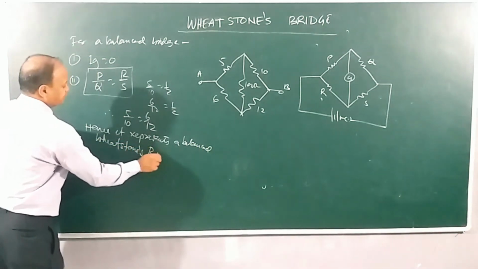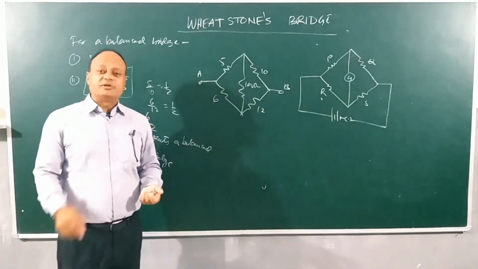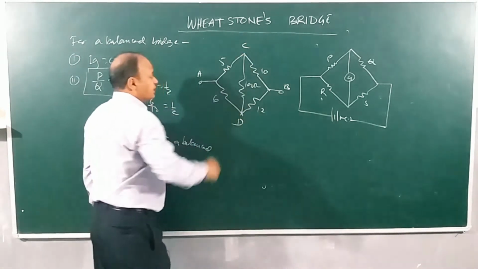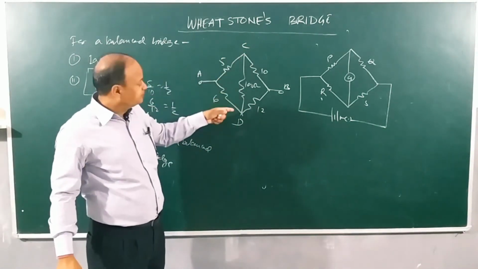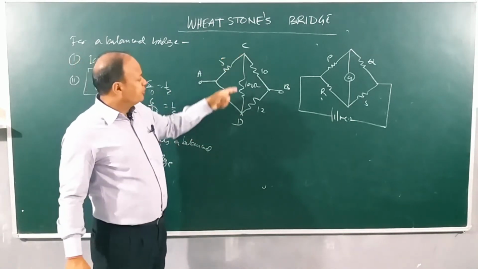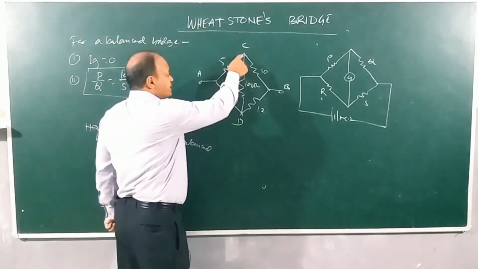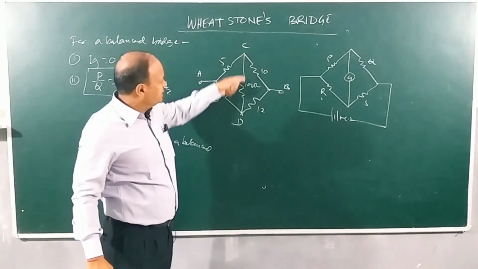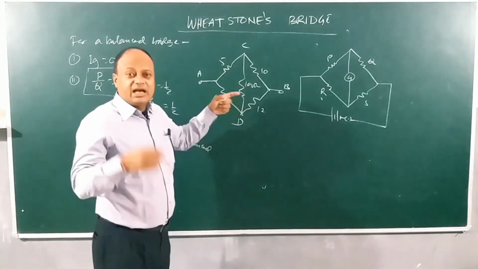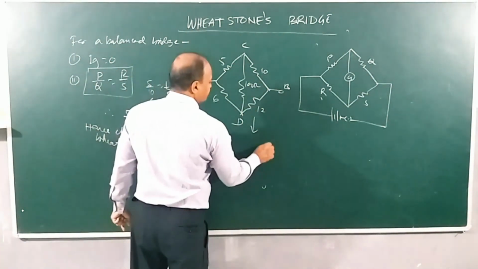And children, when this diagram is representing a balanced Wheatstone's bridge, then a very important thing for you to remember: suppose I take these points as C and D, then whatever resistance I put here, it will not work, because these 2 points will always be equipotential, no current will flow. Since this resistance will not work, even if I put 1,000,000 ohms here, it will not make any difference to the combination. So it is as good as this resistance is not there. So I will remove this resistance and the equivalent circuit will become something like this.